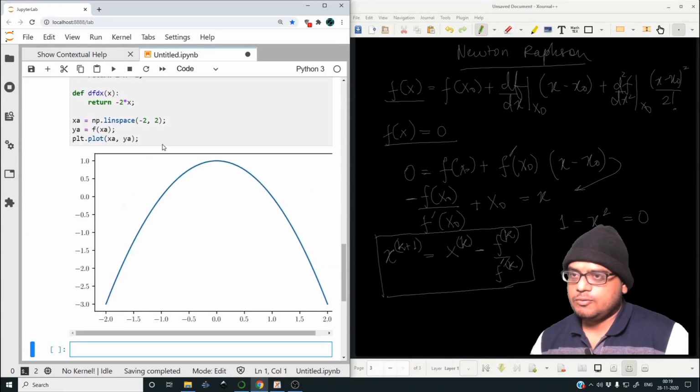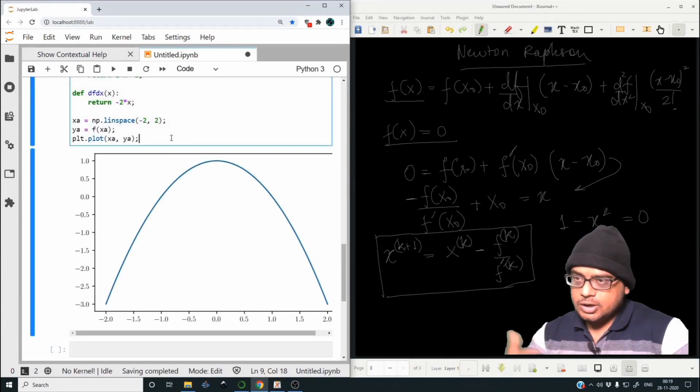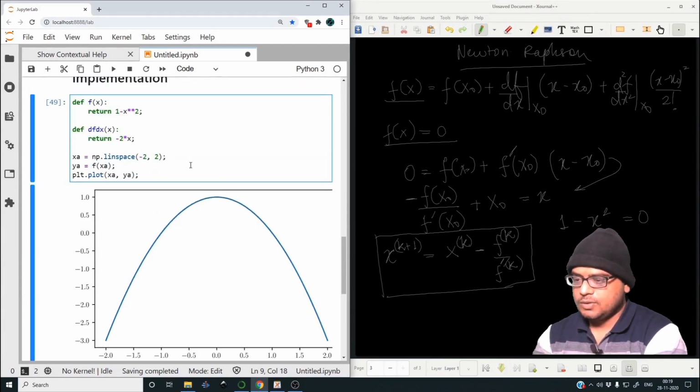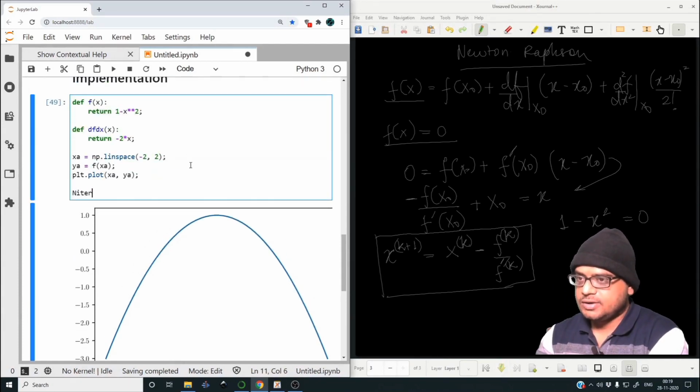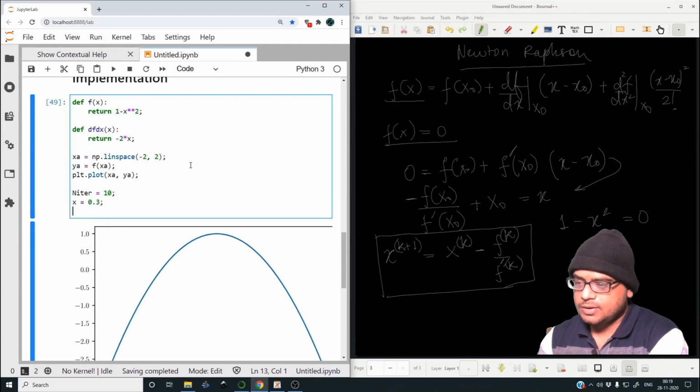Okay, so this is the plot, quite obviously. So now let us write down the Newton-Raphson iterations on top of this. So let us define n iter as 10. Let us say the guess value is 0.3. All right. For i in np.arange(0, n iter),